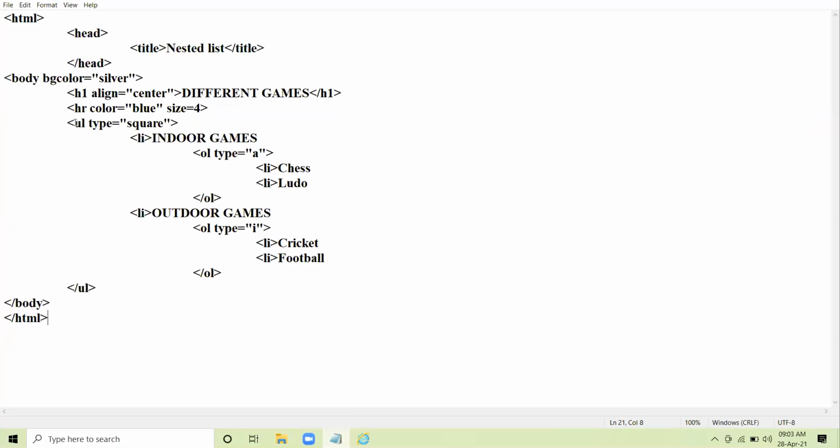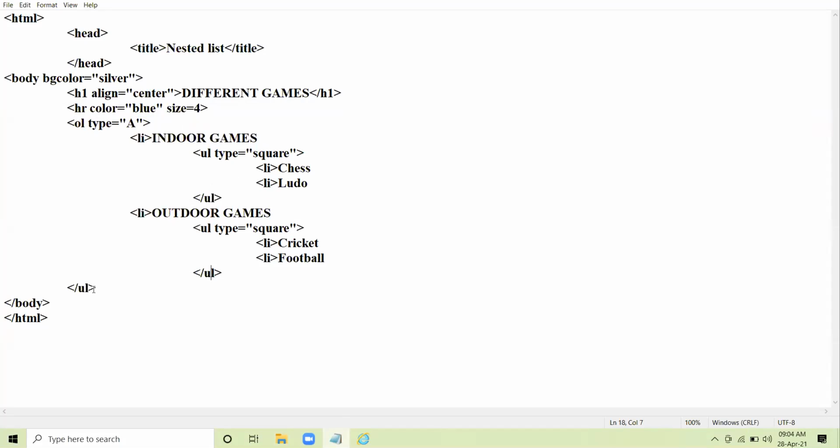So in that case, you will do just minor changes. Okay. So I write here unordered and I give the value square. I close the unordered list. Again, unordered list, type equal to square.